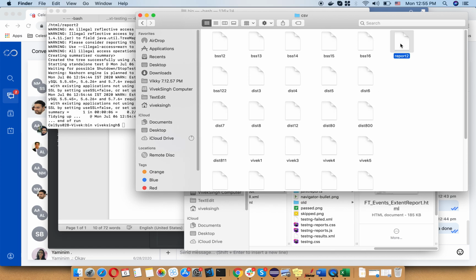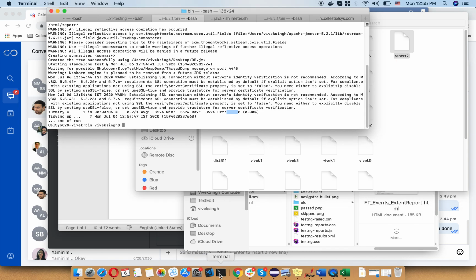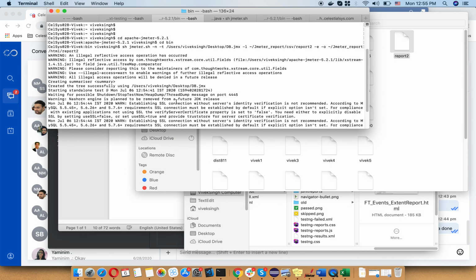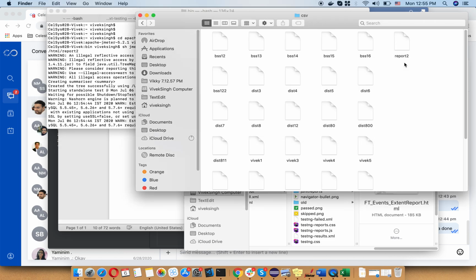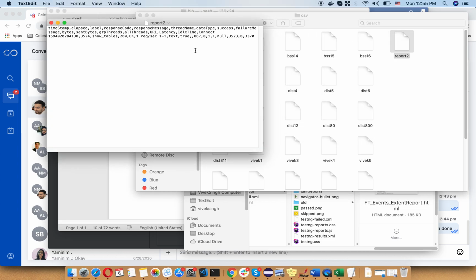You can see this report 2 is automatically generated. If you open this, it will show you all the summary of your execution. So you can see this is the response time, this is the status, 200, your request is successful.